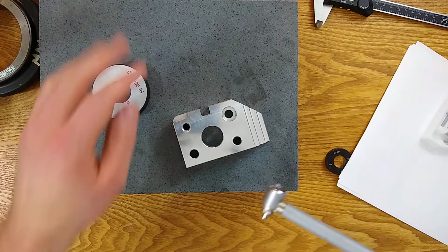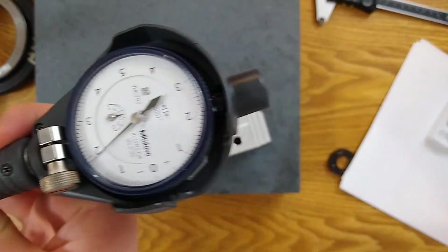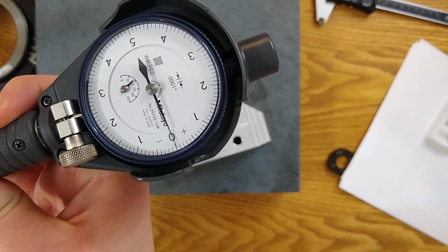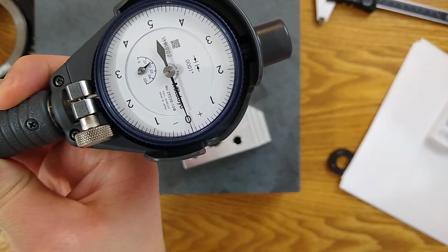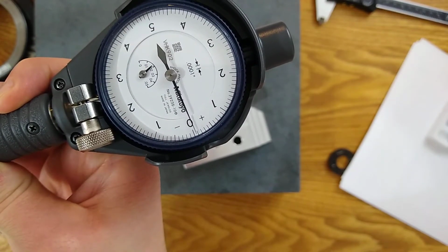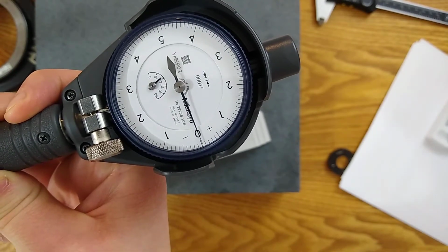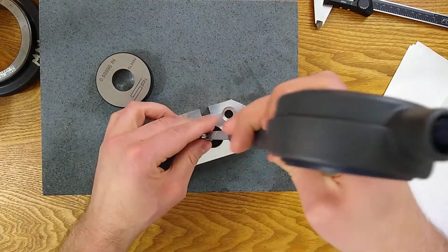So now we got to look at the secondary dial. We got to take a look at this, where the secondary dial reads 0. Okay. So 0's there. The secondary dial is just a hair before the 2. Okay. And every rotation is 10 thousandths. Every full rotation of the large dial is 10 thousandths. So when we go to measure our part,